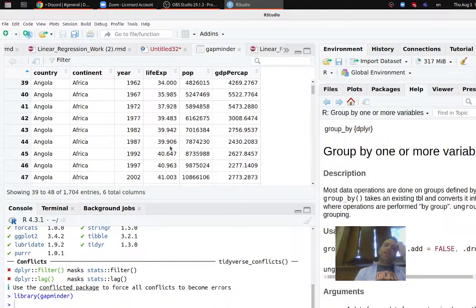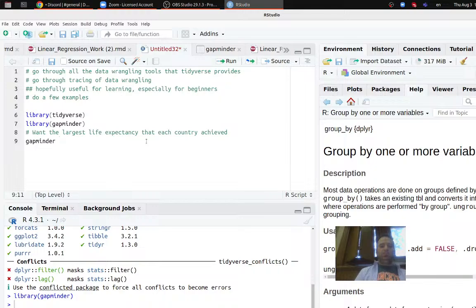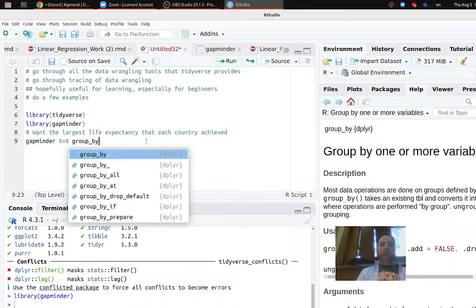So, okay. How would we do it? We want the maximum life expectancy that every country achieved. Well, by hand, what would you do? Get all the rows that correspond to Angola, and get the maximum life expectancy out of those rows, right? So that's what tidyverse allows us to do. It allows us to say group by country,